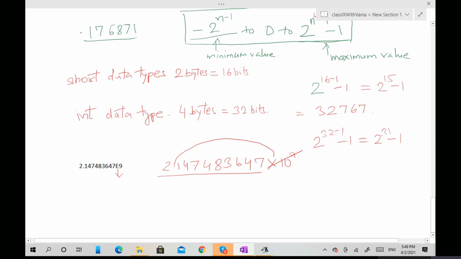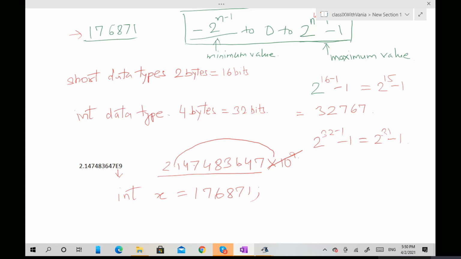So I think this value is easily accommodated in an integer variable. So we can define one int variable, int x, and we can write this value. Right? So this is how you can take a decision about the variable. If you know this formula, it is very easy for you to decide the variable, and slowly you will understand. You can guess it also. If it is not accommodating, you try another data type. Got my point?